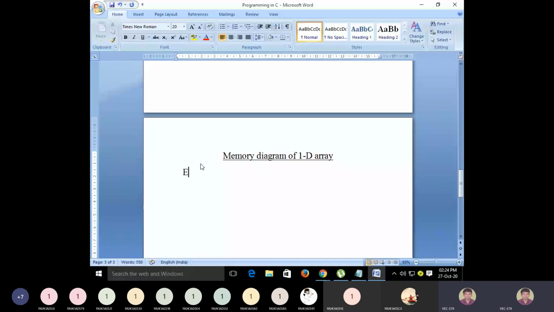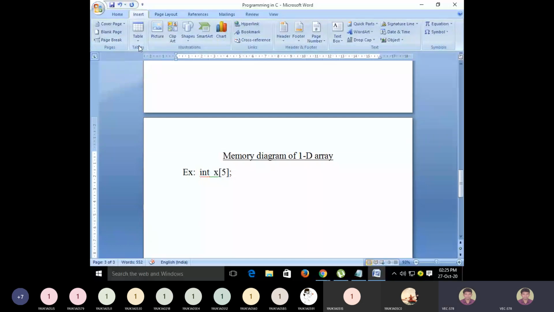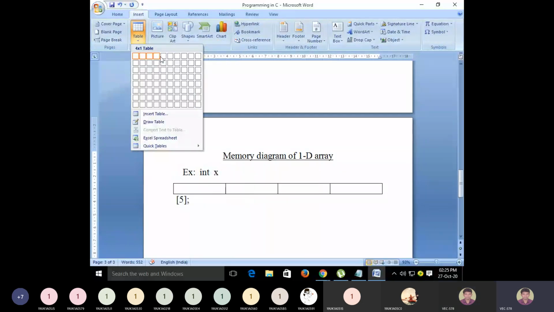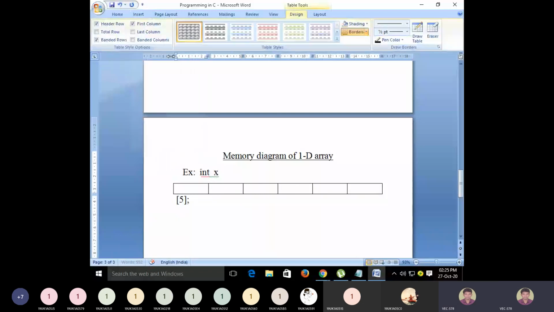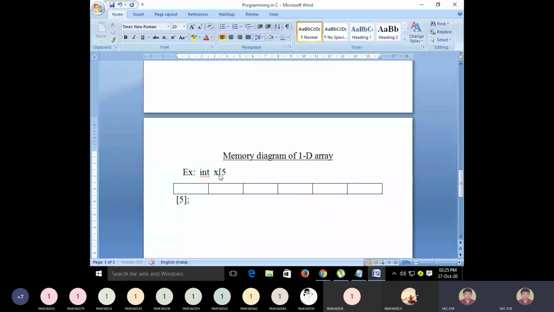Okay, so the example I am taking here is int x of 5. Okay, so how is memory for this x allocated? Then it will be like this. Right, so when you declare an array x of size 5 elements, then this is how